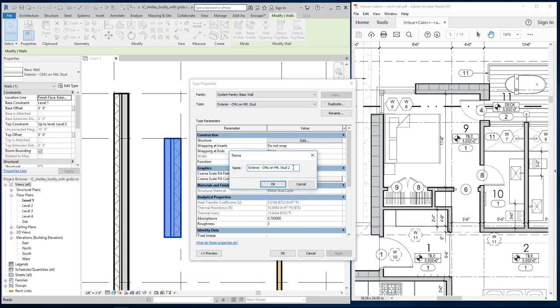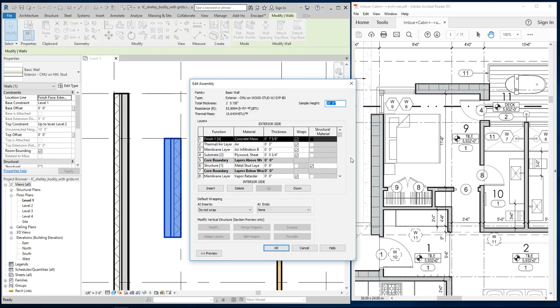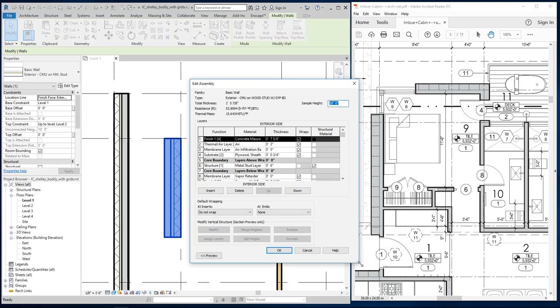duplicate, we'll give it a new name, CMU on wood stud with gypsum board. Okay. So what I just did there was I duplicated it, renamed it, and now I have a brand new wall type with a new name, which is different from this wall type over here. Okay. Now it's time for me to redefine the wall assembly, change the layers in that wall type. So I'm going to hit edit, and I can make this menu a little bigger by coming down here,